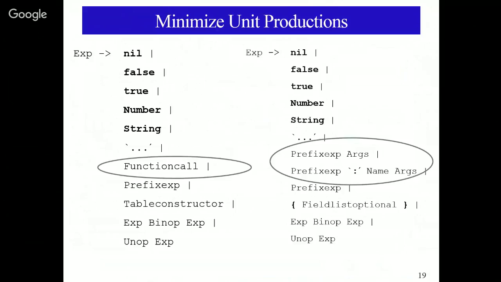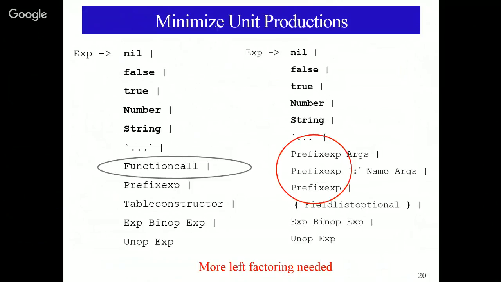And you could end up with, function call, for instance, could also start with a prefix expression. You can see I have 3 prefix expressions. So right there is an opportunity for left factoring. Otherwise, if I have a prefix expression, how would I know which one to go to? Okay, so I should probably left factor. So usually when you remove unit productions, it may uncover these similar tokens or similar symbols that you'll have to